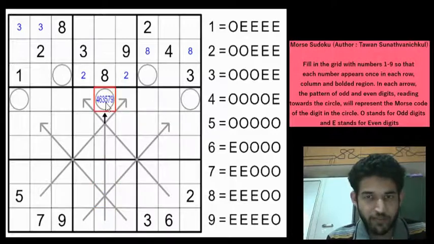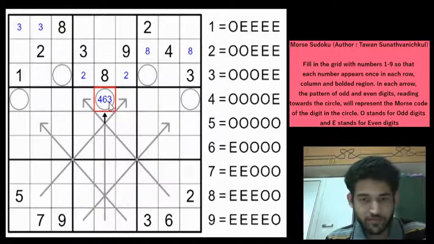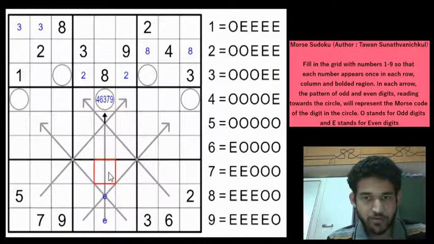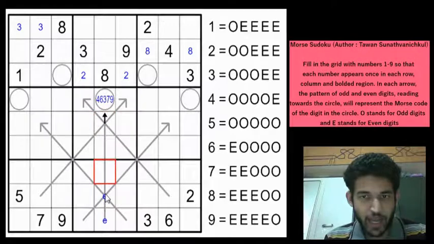And can you have a 5? No, right? Because 5 will have 5 odds and that will give you a total of 6 odds in that column. If you have a 5 here, plus 5 odds will give you 6 odds. So 5 is also not possible. And 7, can you have a 7? If you have a 7, the sequence would be even, even, odd, odd, odd. There is no contradiction, right? So you can have a 7 as well.